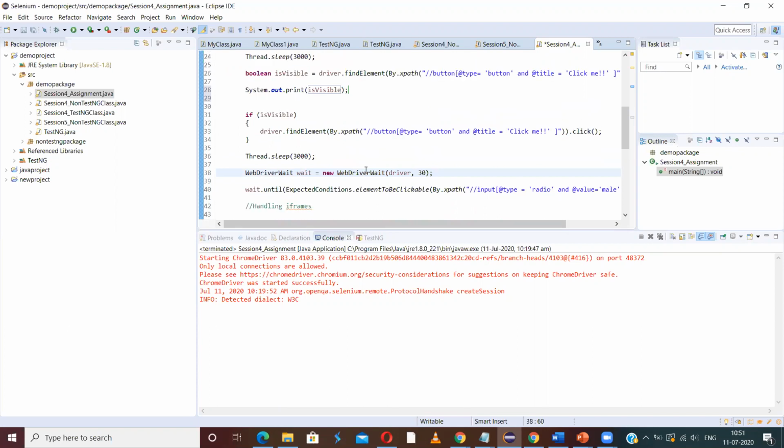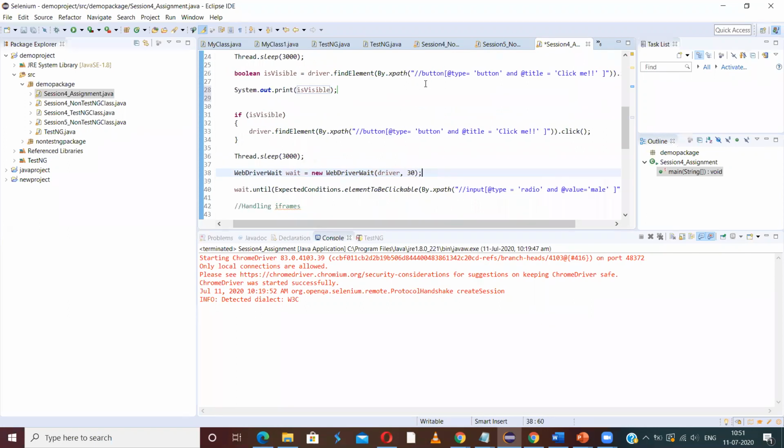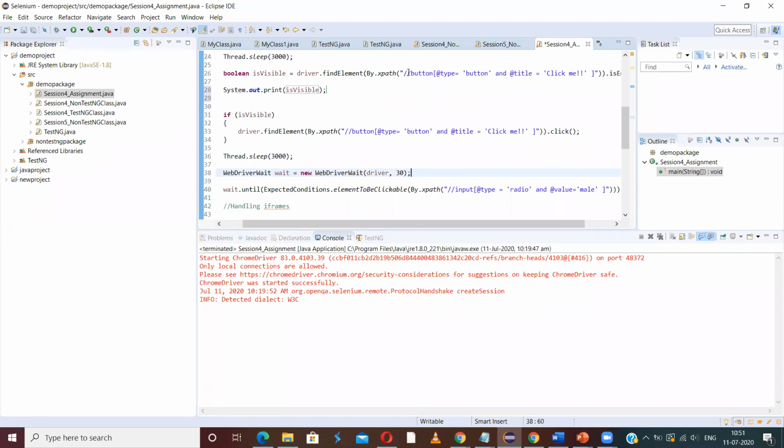And also, as I told you, the XPath condition. For example, for this particular button, I am using two properties. One is the type property, the other is the title property. Both are properties of the same element, but I am using both in combination as part of XPath to identify that particular button.